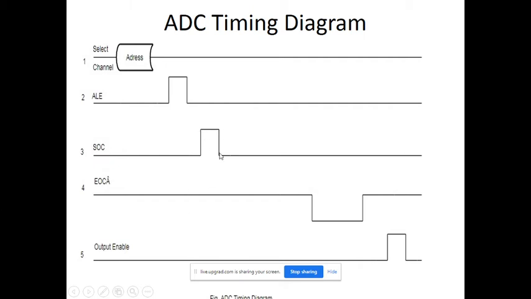After that you are making it low for the next start operation, means you are just pressing one time. Then next, when conversion is over, the controller will pull this end of conversion low. Initially it is high, and when it is active it becomes low. And when EOC, that is end of conversion, is read by the controller, it will enable output enable, moving